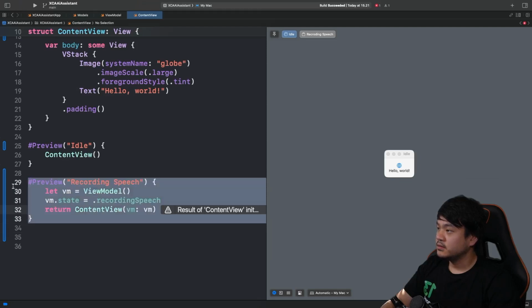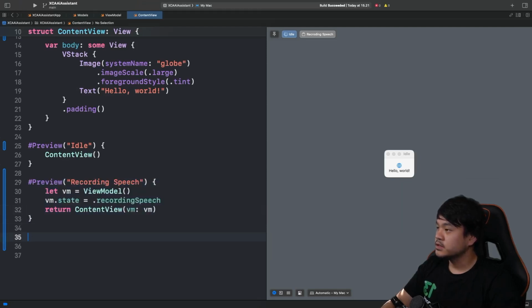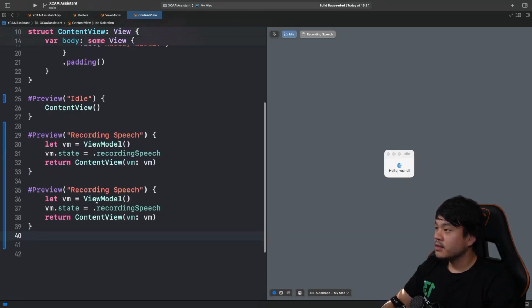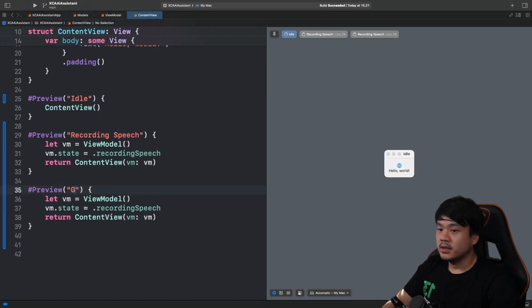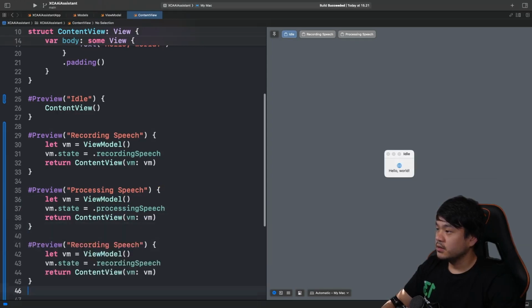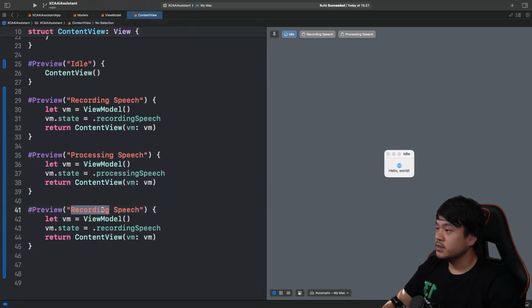Okay, now let's move on to the third state. Third state is going to be processing speech. Let's change the state to processingSpeech. Okay, fourth one is going to be playing speech. Let's set the state to playingSpeech.